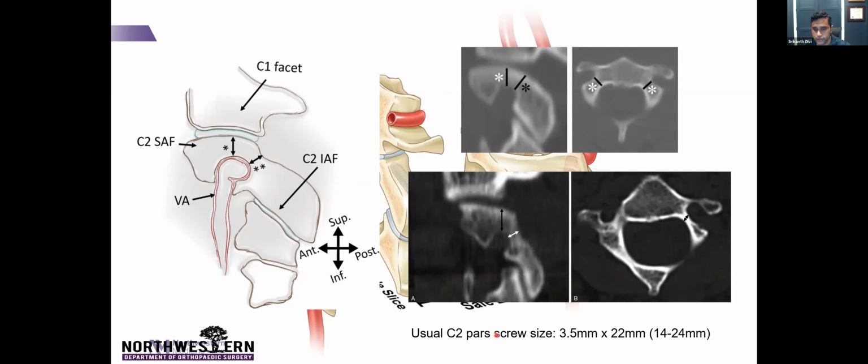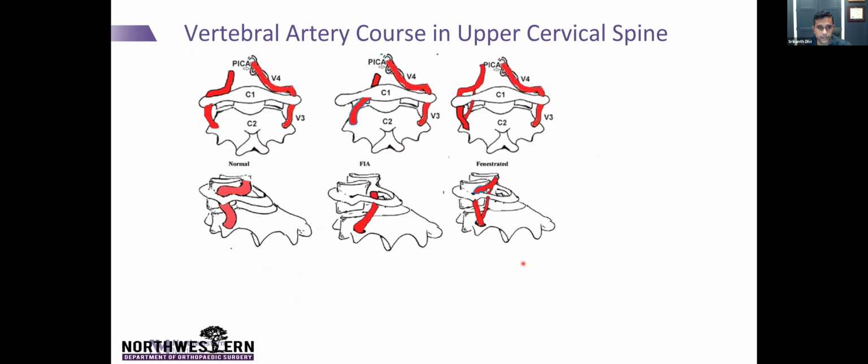What I was going to say is typically for a C2 pars screw, I try to use a 3.5 millimeter by 22. If this is safe, you can usually get about a 22. If it's unsafe, you can always get a 14 millimeter in. And then this is just describing that if a medialized high-riding vertebral artery wasn't bad enough, there are other things